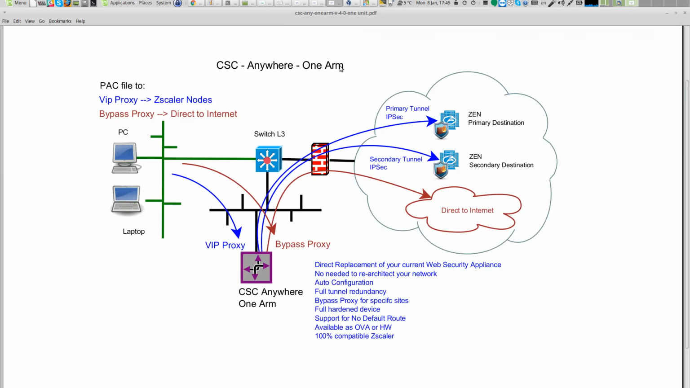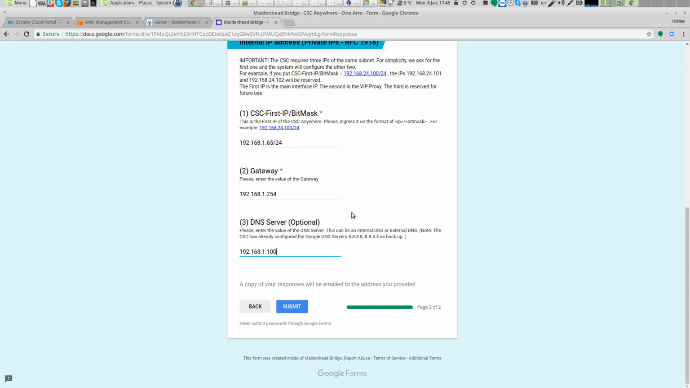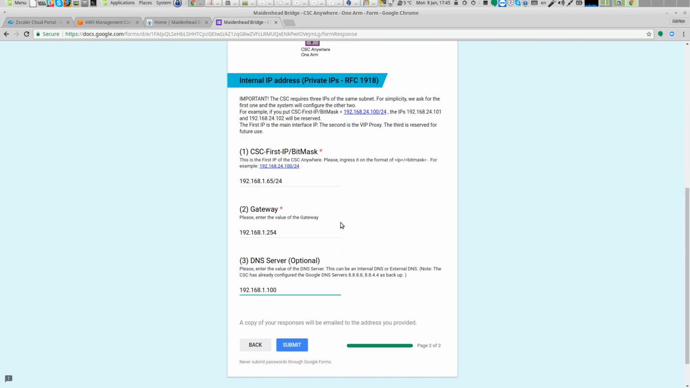This is the only thing you need to know to do, right? To connect to Zscaler. It's very easy. And I already did this, and I have the configuration done. And after 24 hours, you will receive